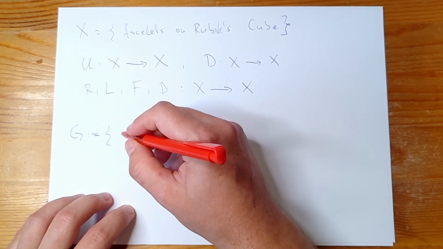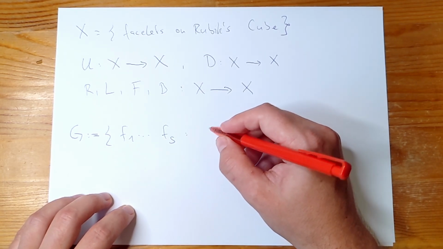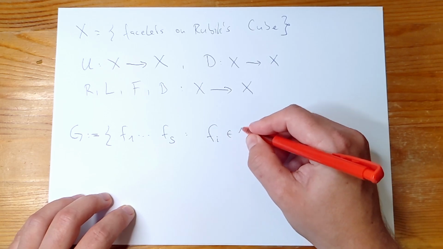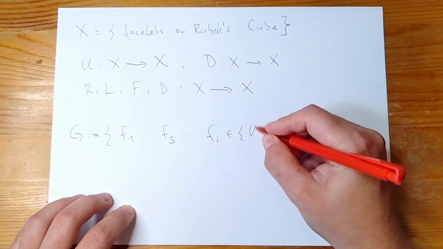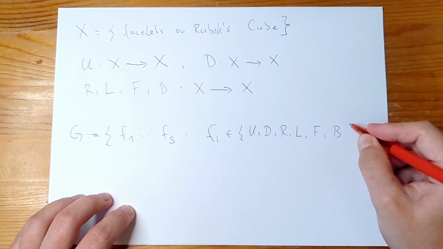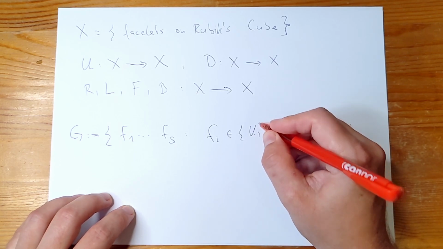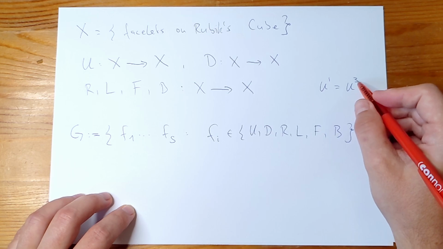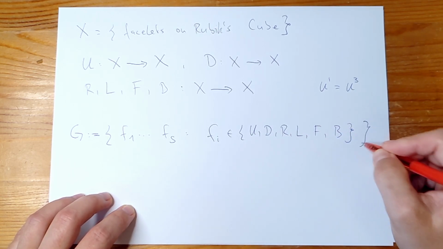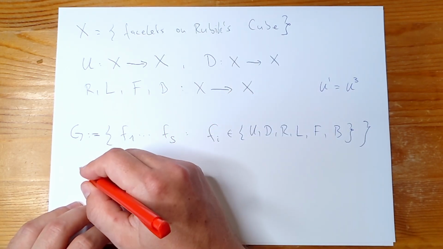So these are all products of sequences of moves. S is any number you can imagine, where each Fi is one of these face moves. So for example, U, D, R, L, F, B. And if you want to, you can also take U prime here, but it doesn't matter because U prime is just U cubed, so you actually don't need to take the inverses here as well. So this is the sequence of all moves which we consider to be analyzed, and it's called the